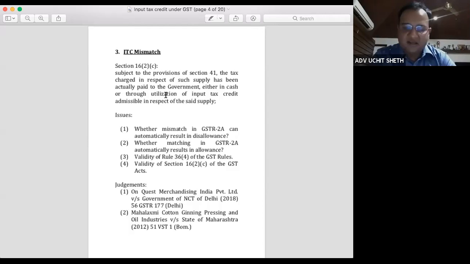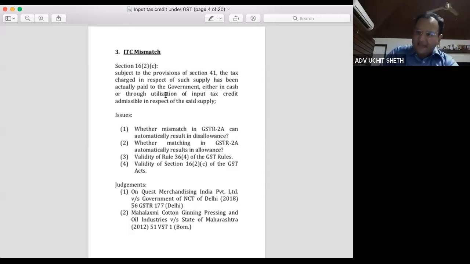In Maharashtra, when a similar provision was challenged before the Bombay High Court, the Bombay High Court gave an elaborate judgment wherein it took a view that when the seller collects tax from the purchaser, that is only by way of a contractual sale price, and therefore if the seller does not deposit that tax with the government, the government is well within its rights to disallow the set-off or input tax credit to the purchaser. So Bombay High Court takes a view that such a provision is valid and government is within its rights to impose such a condition.